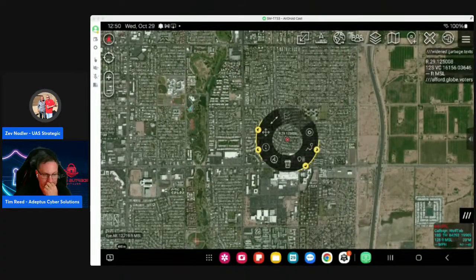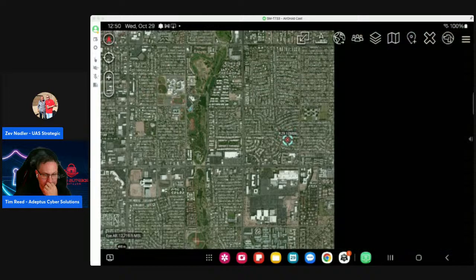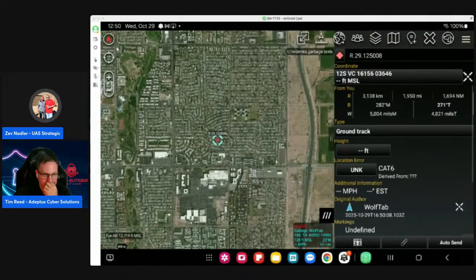And I'm going to add a dot on it. And I can take a look at it, and it's going to tell me what the exact coordinate is, and so on. Again, this is where I can click on What3Words, and I'm seeing the What3Words for where I just moved to, slightly over, which is widened.garbage.text. So when I go back over here,